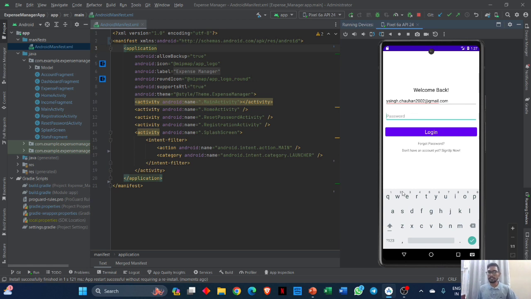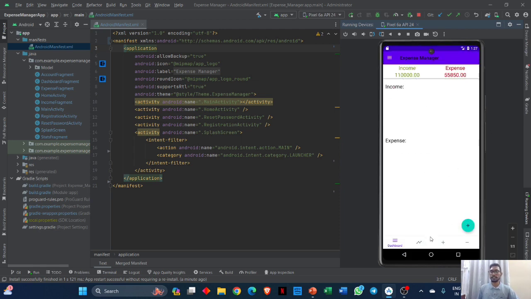After putting my original credentials, I will log in, and then it will say login successfully. Here I have already kept some of my incomes and some of my expenses. As you can see, this is the home interface of the Expense Manager app, and by this plus menu, you